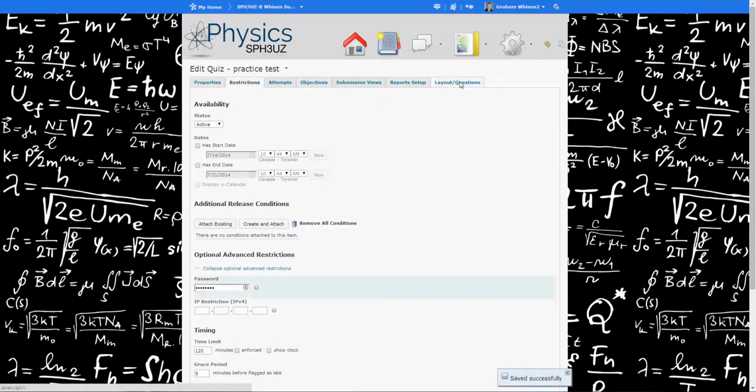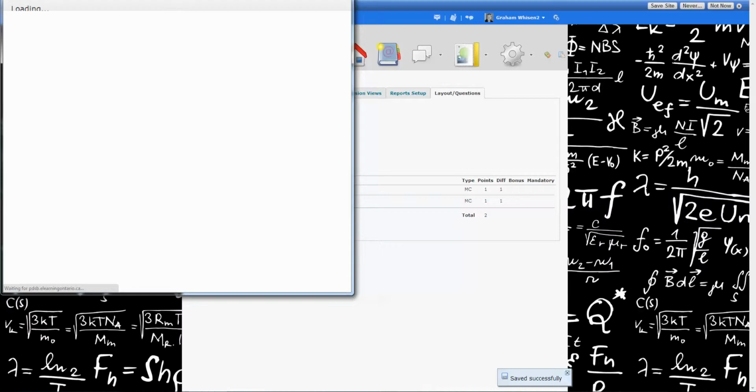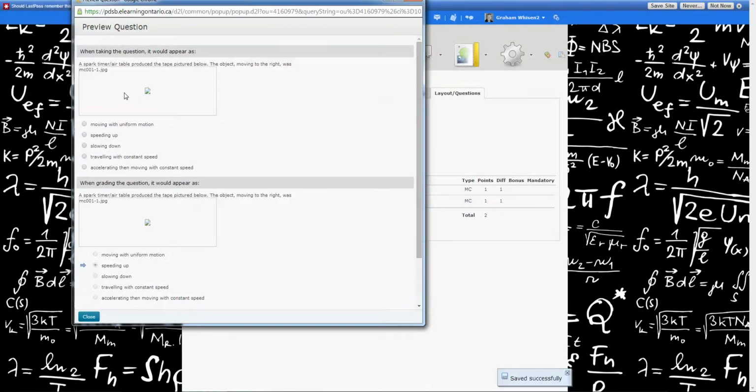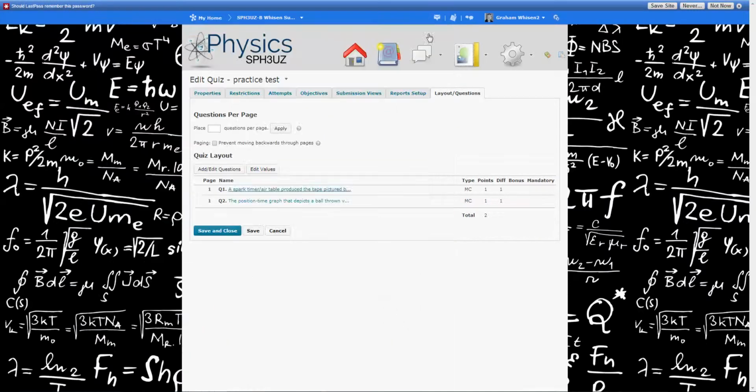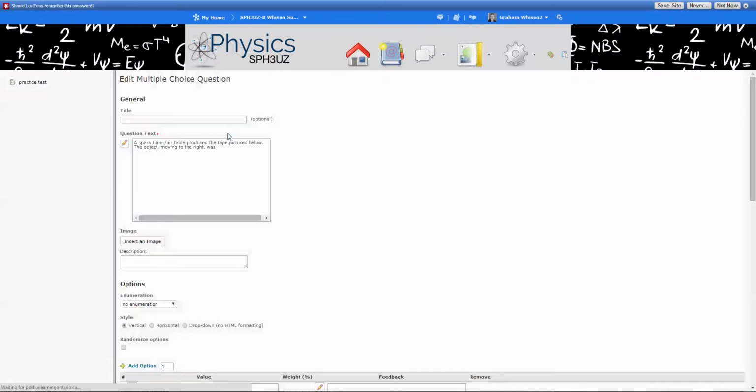But if I go over here to the questions section and I open up the questions, you'll see here that this image doesn't load. Okay, so that's obviously something we need to fix. So what you're going to want to do is go into the editing of questions. And when we open up that one here, luckily you can just follow this naming convention, MC001-1 JPEG. So what I'm going to do is I need to go and find that image. As I said, the export worked and it was uploaded into the course, but it just doesn't tie into the quiz that's posted here. So we're going to click on the image,